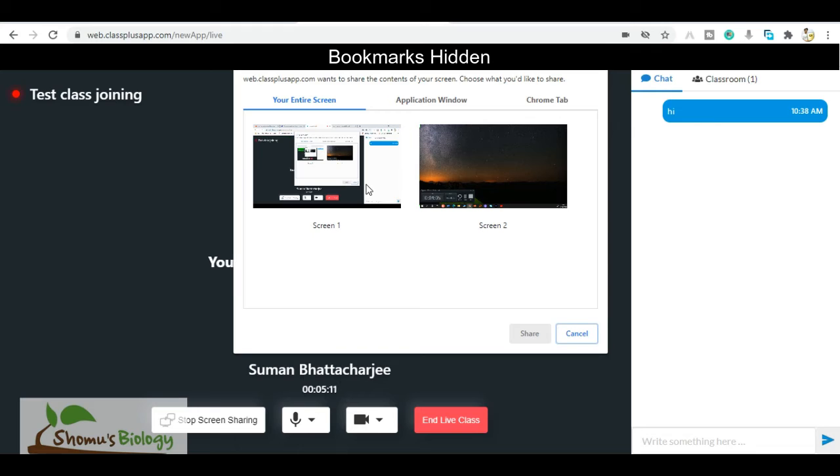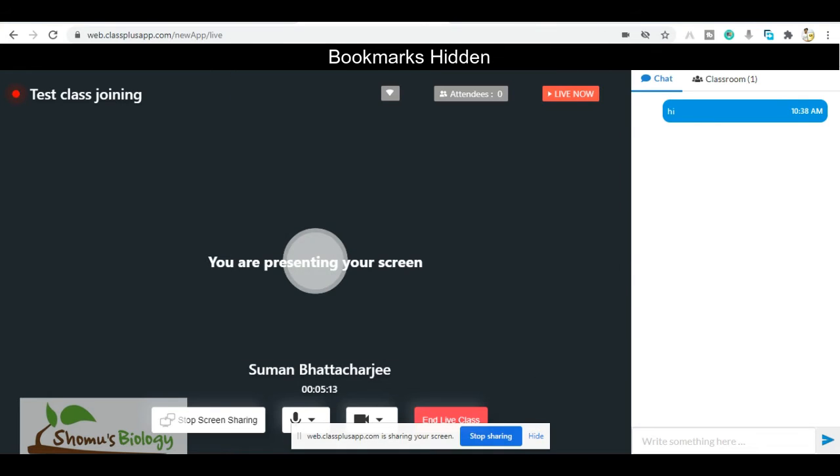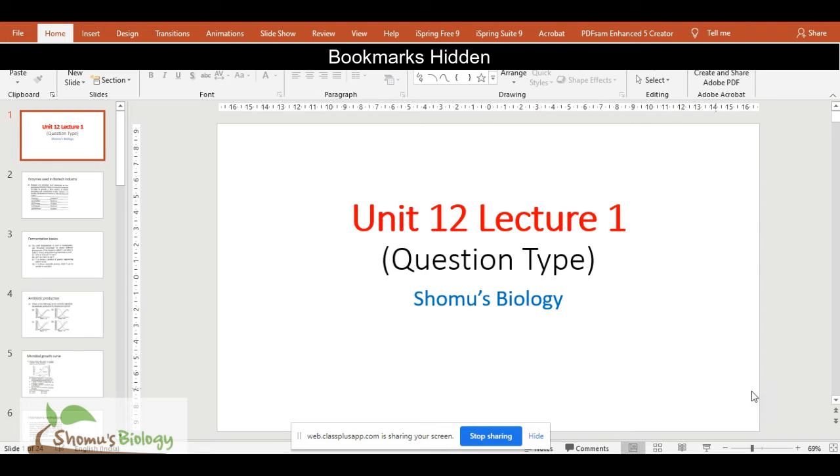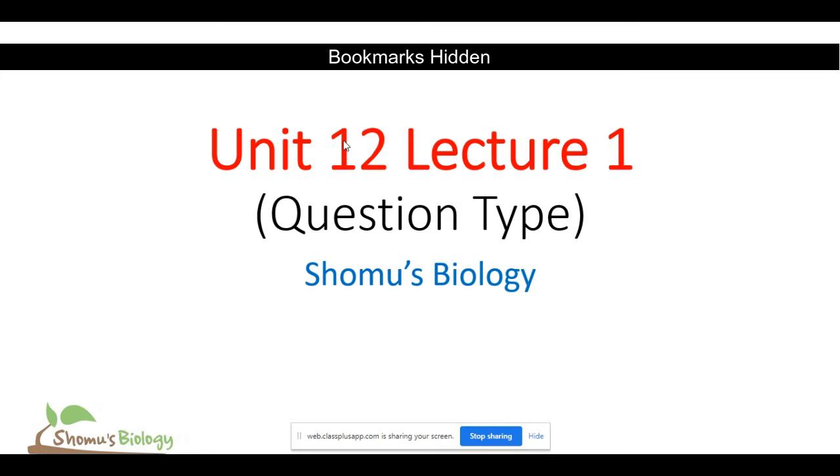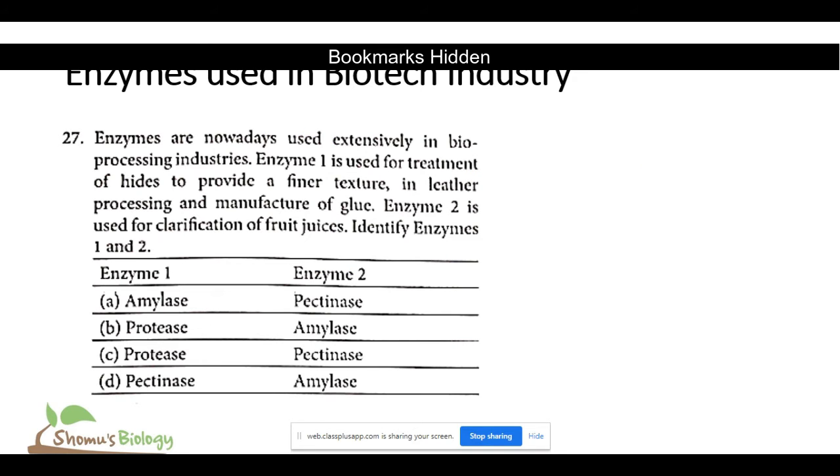So I'll be sharing my screen from here, share. So here you can see the screen is visible probably. So this is the PowerPoint, this is how it will be visible, right? And whatever I'm going to explain, the colors and whatever I can write in the PowerPoint, you are going to see that. So this is how it's going to apply in your case. This is what you're going to see.